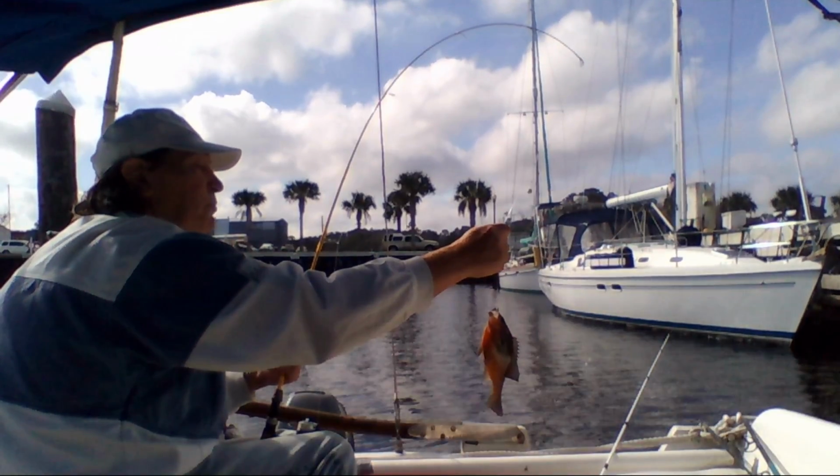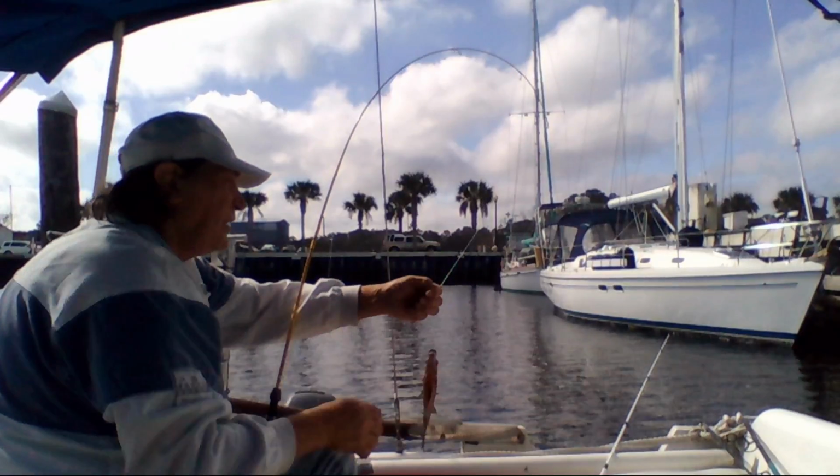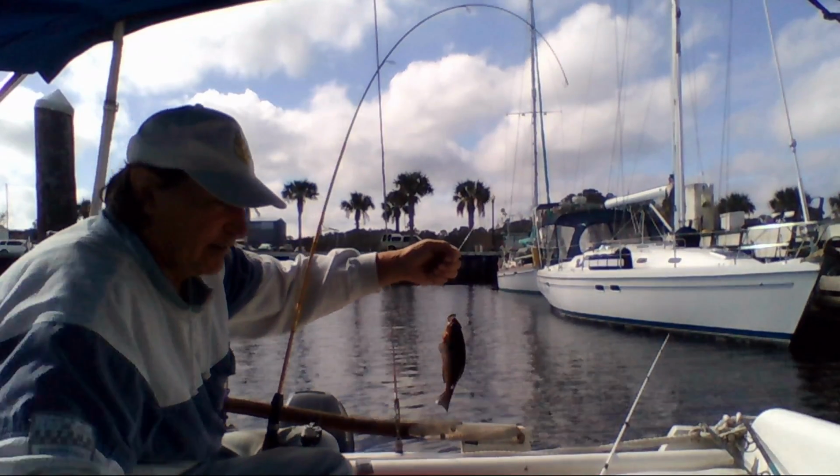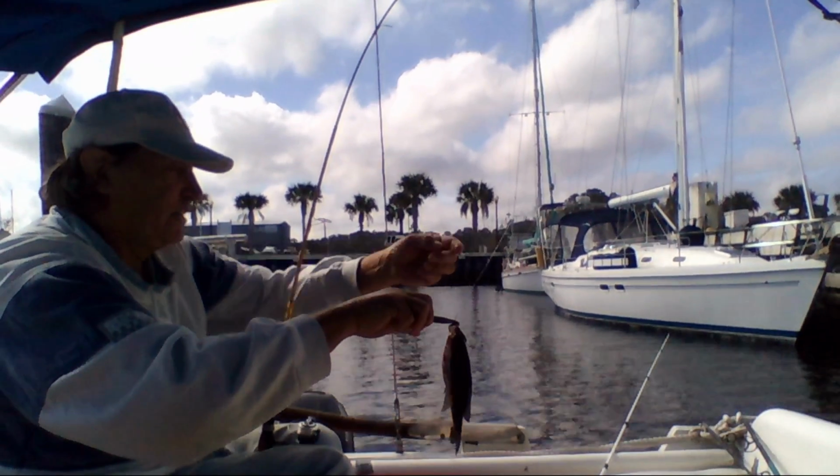They get a lot bigger. Yeah, we get them up to about a foot to 13 inches long here. That'd give you quite a fight then. Oh yeah. Give you a nice fillet too. Yeah. All right, Mr. Wobbly scores with the...